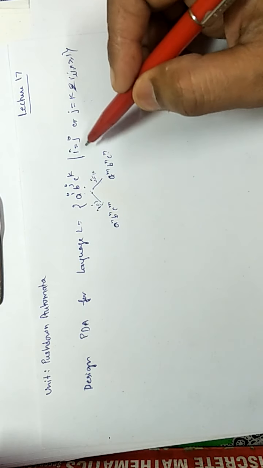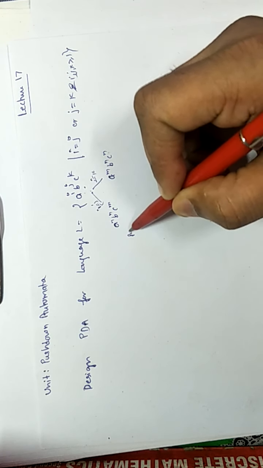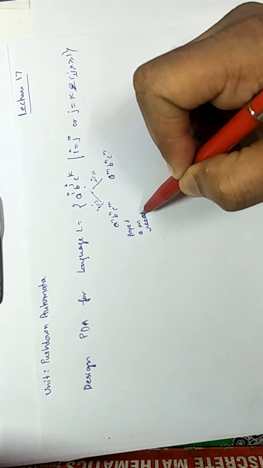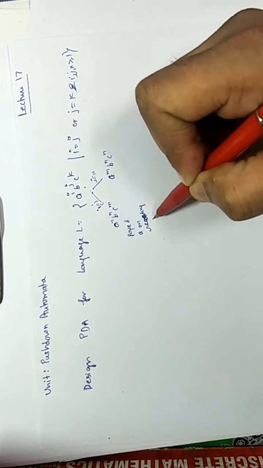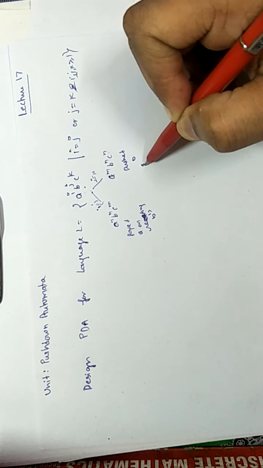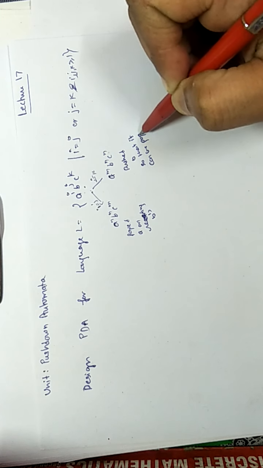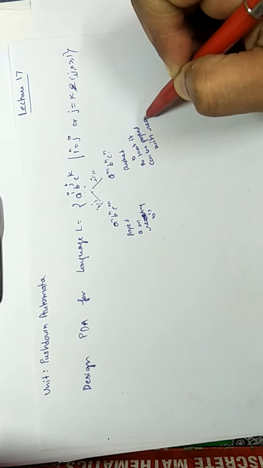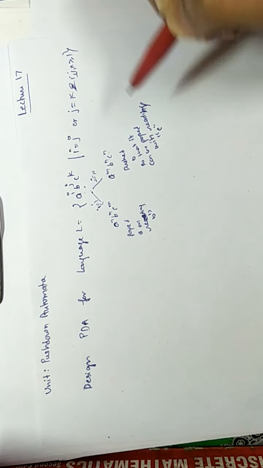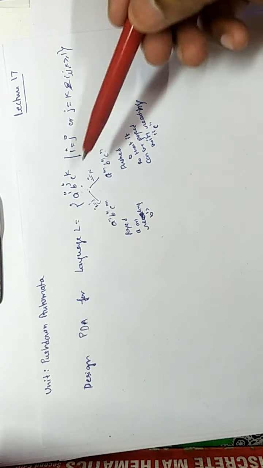Or in i equal to j, on reading b, we popped a. Here we pushed b so that it can be popped on reading c. So we took the decision on the b. On reading b, either I have to do this or this.